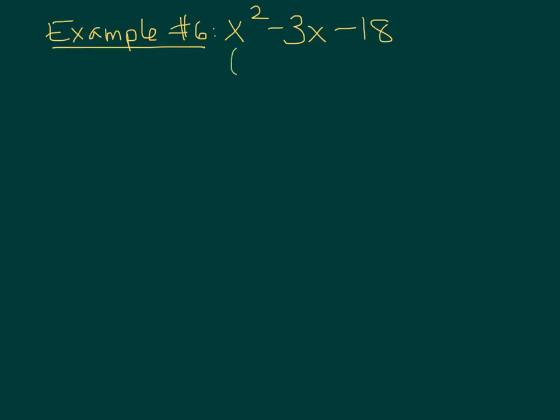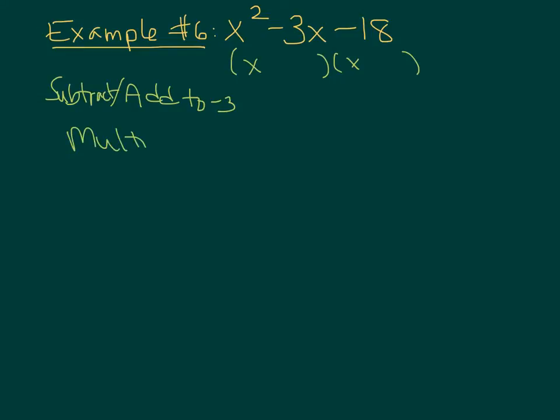So for this one, once again, we're going to start out with (x )(x ). The key thing here is we need things that add to -3 or subtract to a -3. In this case, it'll be subtracting, and we want them to multiply to -18. So the best way to do this is to think about everything you know of that multiplies to 18, where you can subtract them and get 3. And a few things come to mind